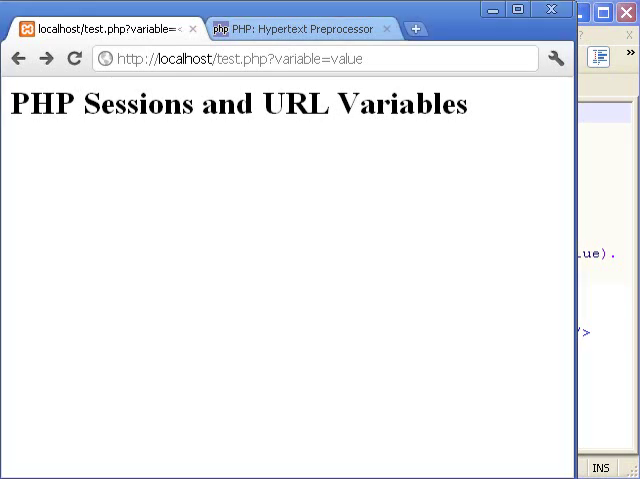Hi, and this is C123 presenting a tutorial for PHP sessions and URL variables. In this tutorial you will learn how to create sessions in PHP and also use variables which appear in the